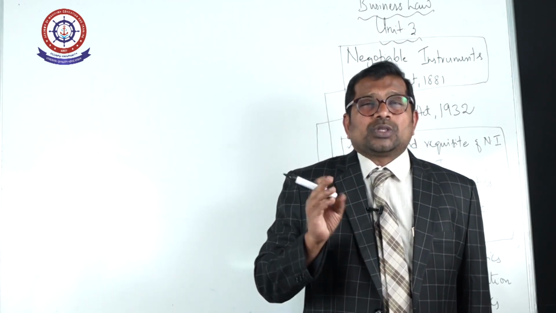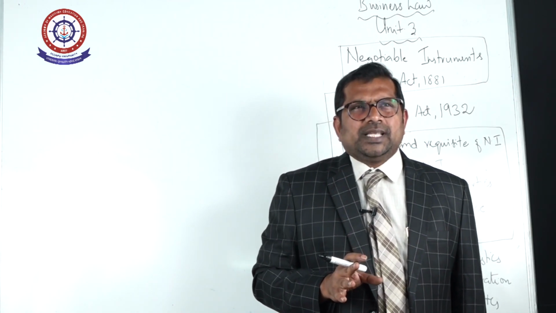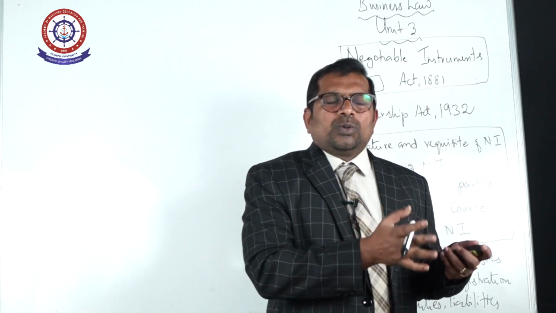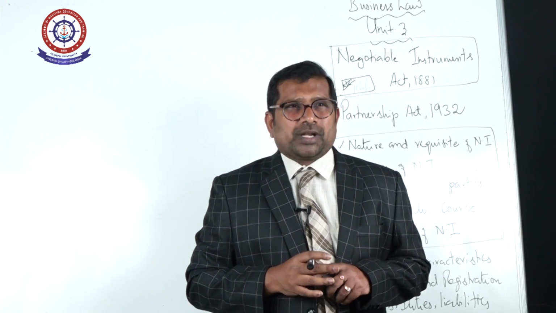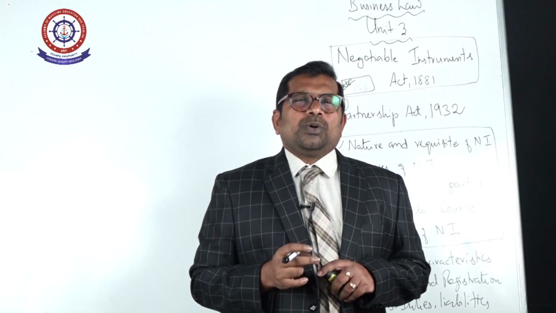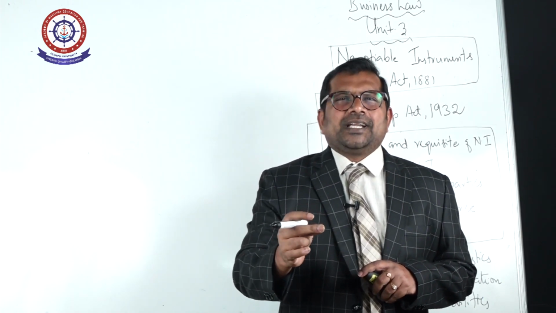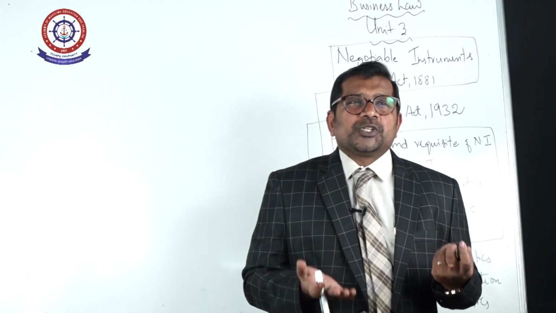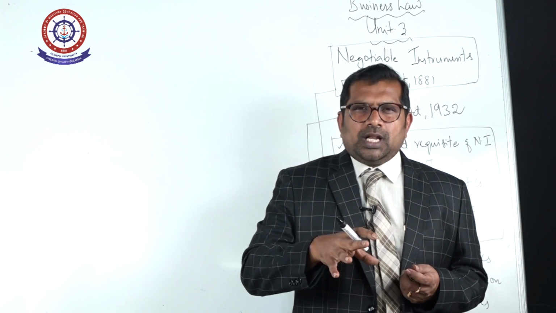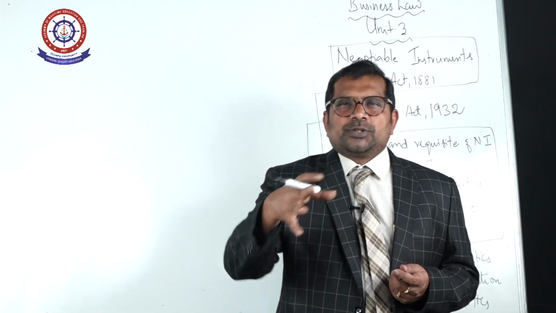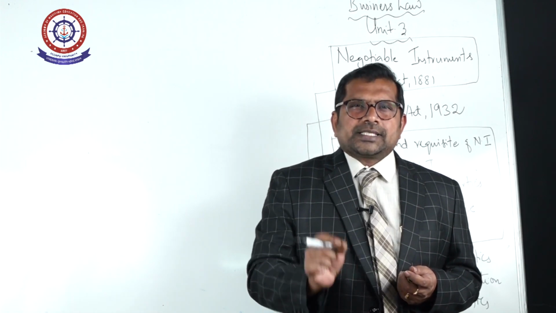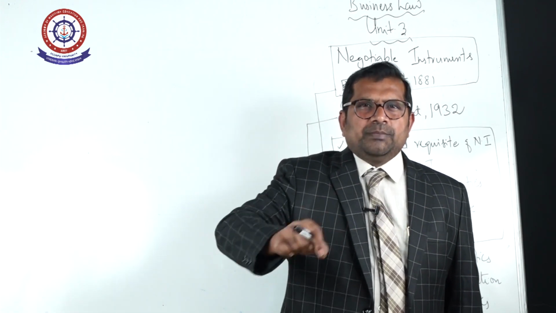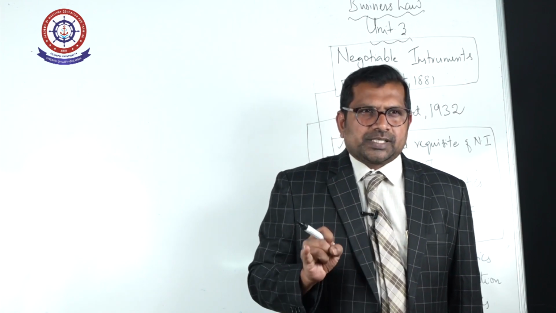Relationship of partners to third parties. Previously we discussed duties. Now how is the relationship of partners to third parties, which is another important point. The partners will be bound by each other's action on the basis of an agency relationship. So it's a relationship between principal and agent. While considering the relationship of partners to third parties, there are certain points. Point number one, the transaction is within the scope of the business.